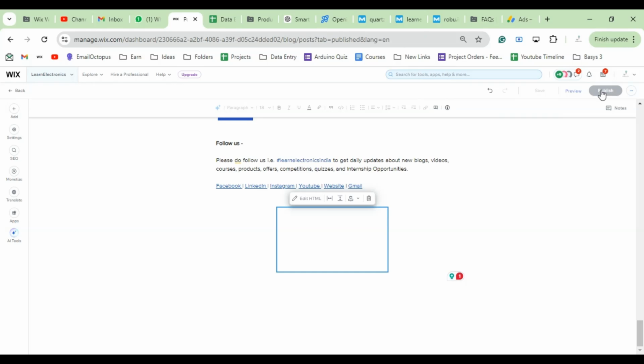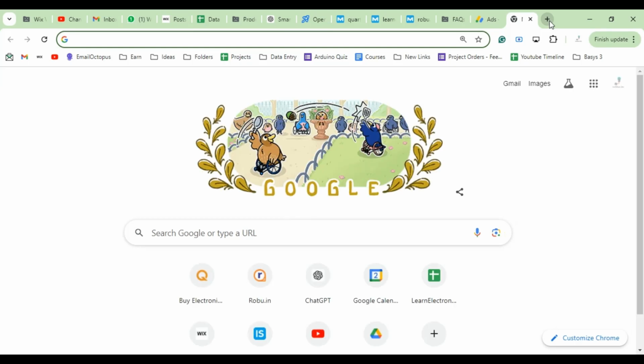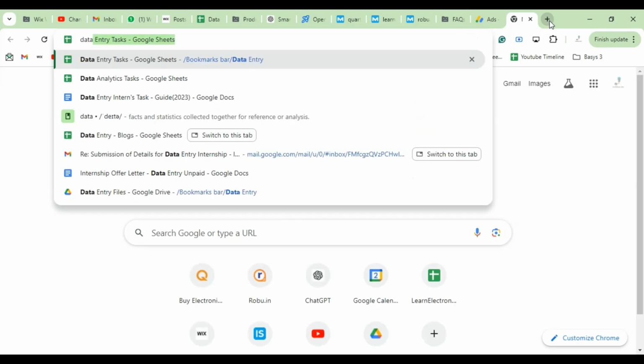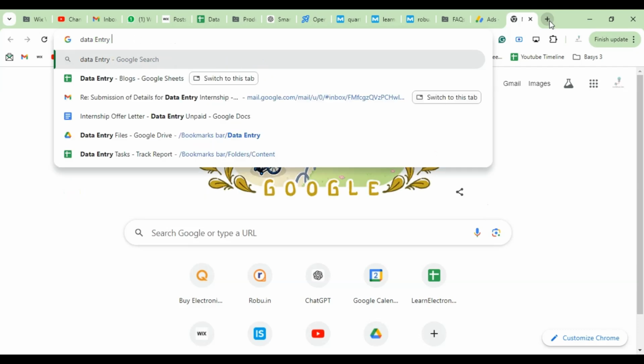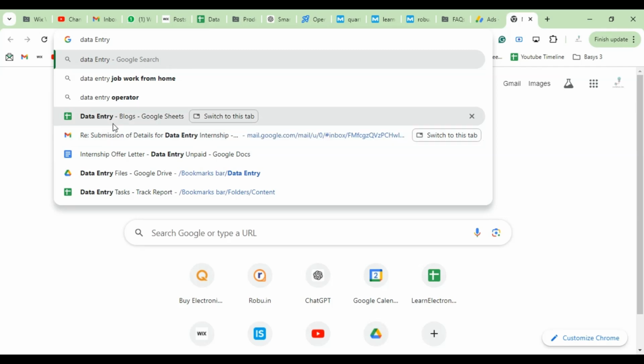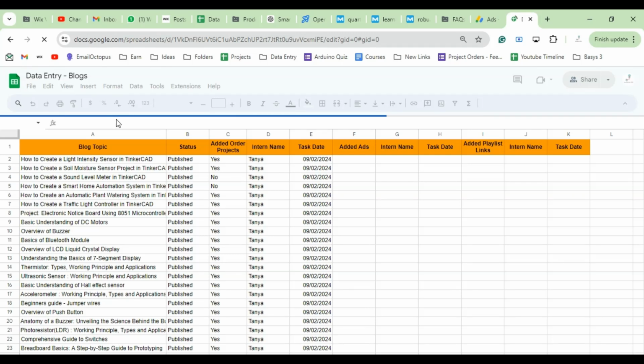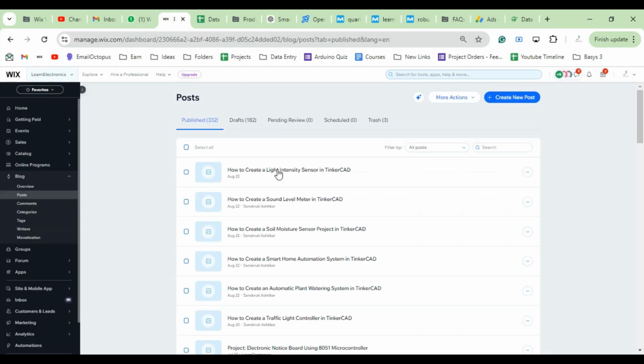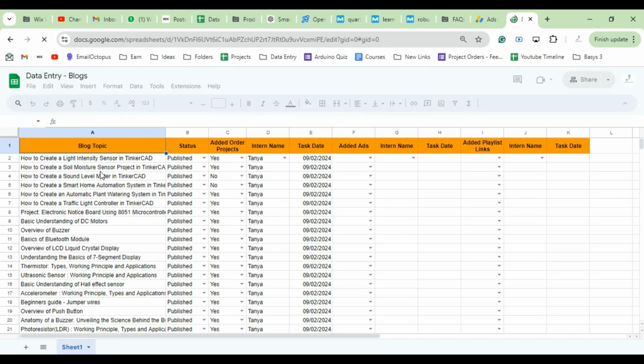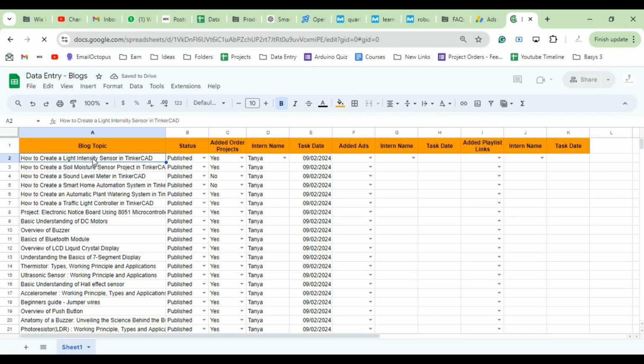And now the last thing that we have to do is go back to the spreadsheet that we were working on. I remember the name of the spreadsheet is data entry for blogs. So here this is the spreadsheet. Now we have to find the title. The title that we were working on was how to create a light intensity sensor in Tinkercad. Okay, this is the first one that we were working on. So what we have to do is click on added advertisements, click on yes, and